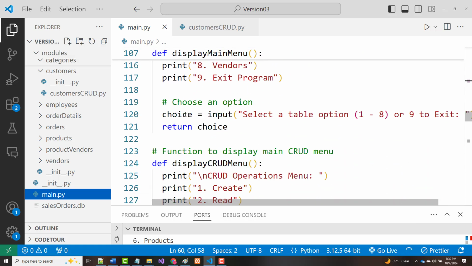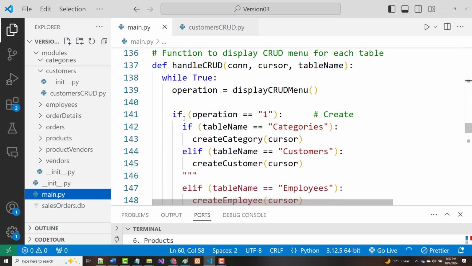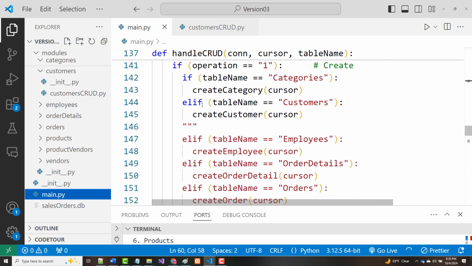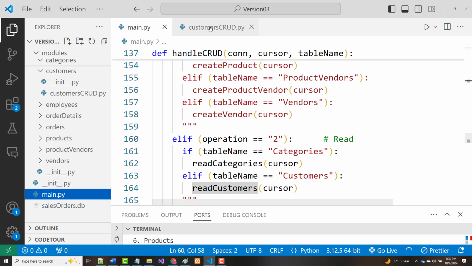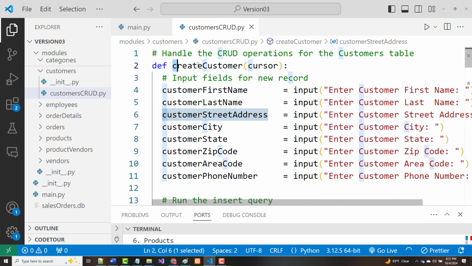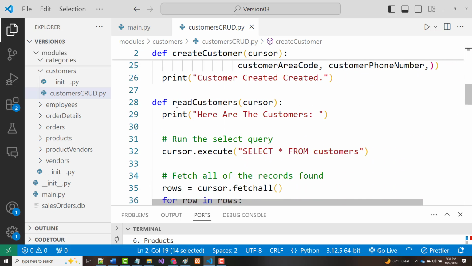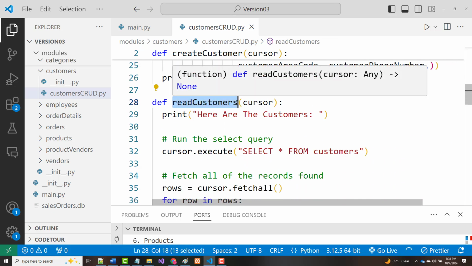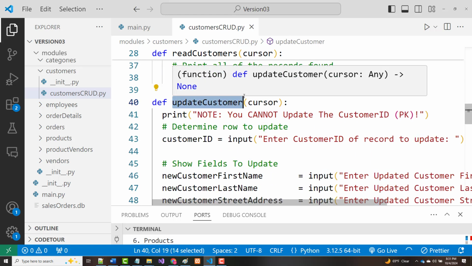Is customers. Display that. Select an option. Create customer. Okay. I did call it create customer. Read customers. Update customer. And